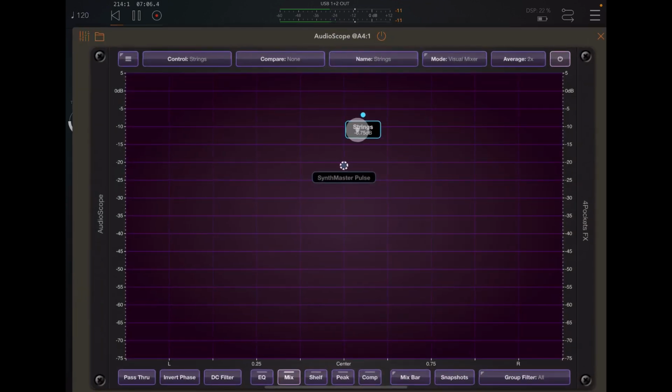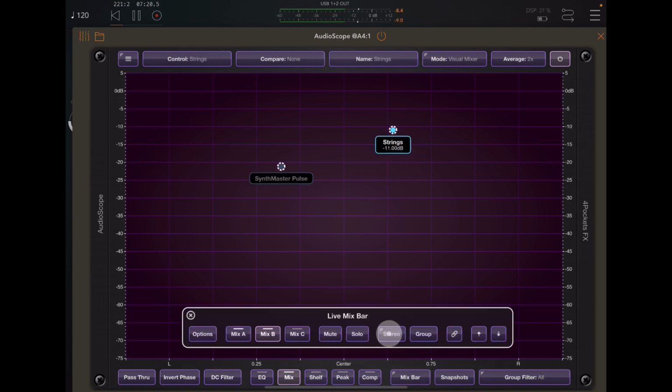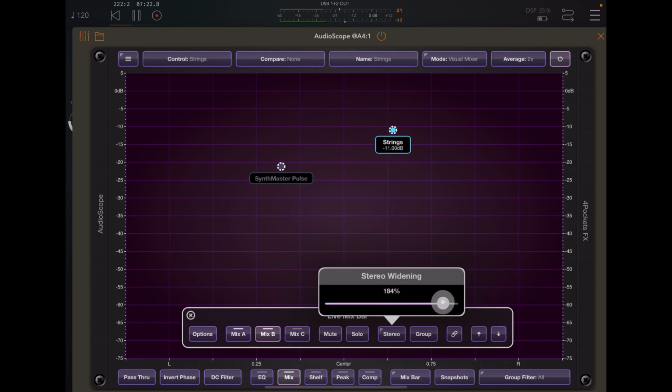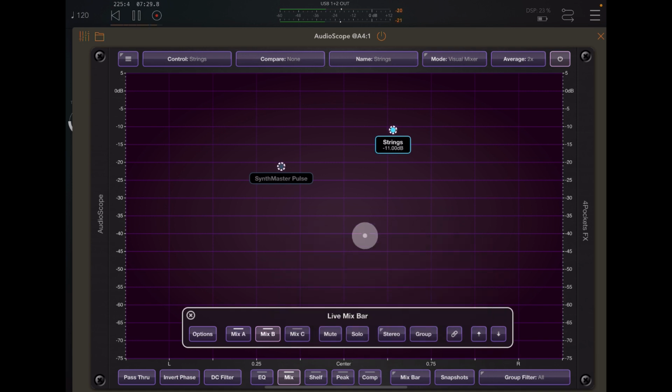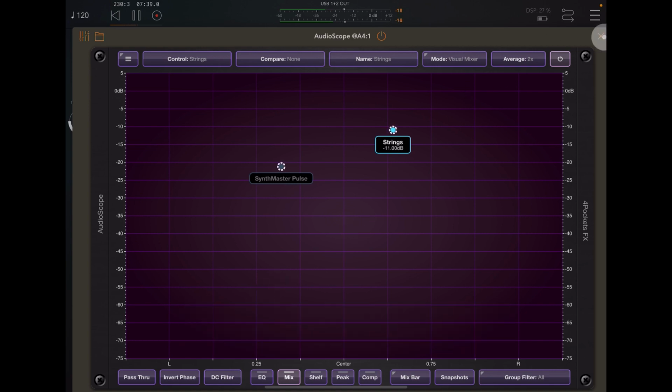Again, now we've got, if we select this now, tap on our mix bar and go to stereo, we can make our strings nice and wide. Okay,